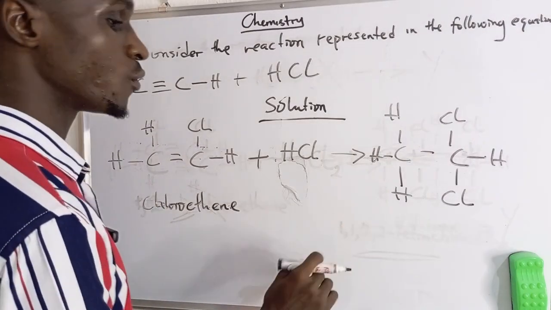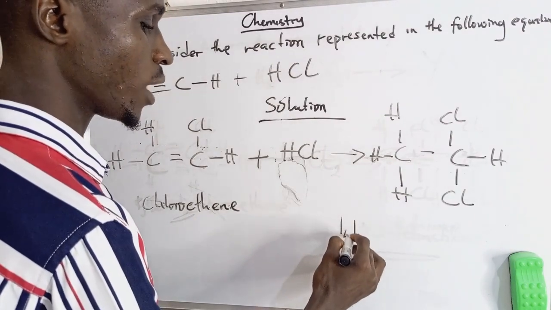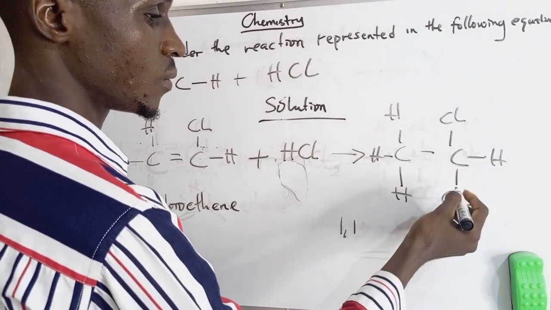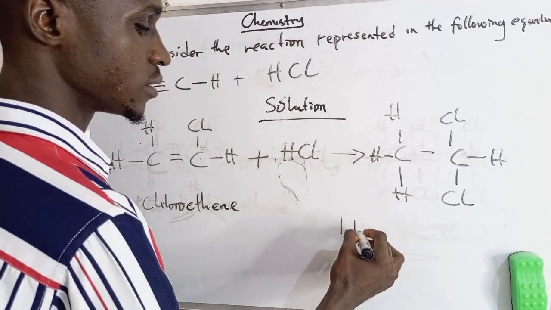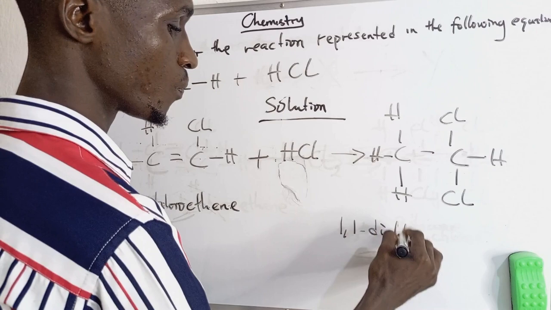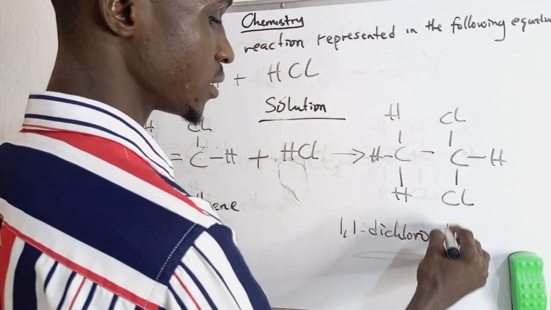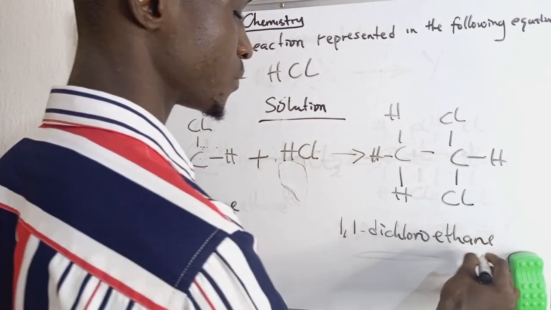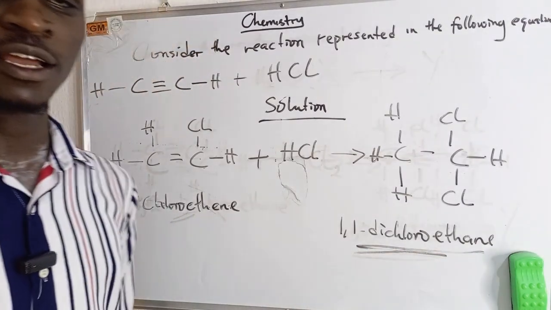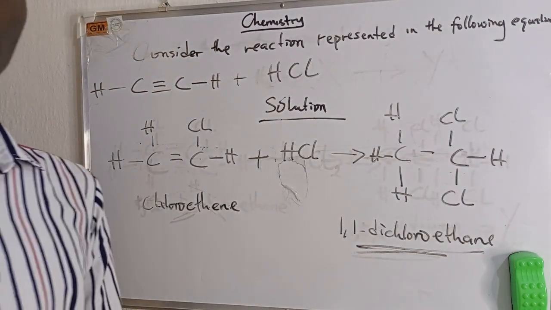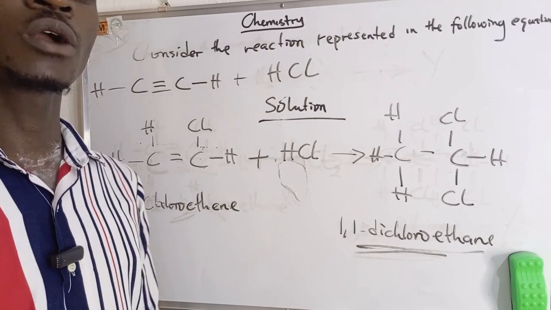So here we have what? 1,1-dichloroethane. This is your final answer. Then the last thing we are going to be looking at is when you are going to be